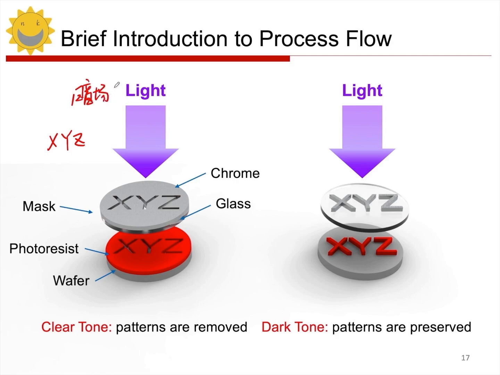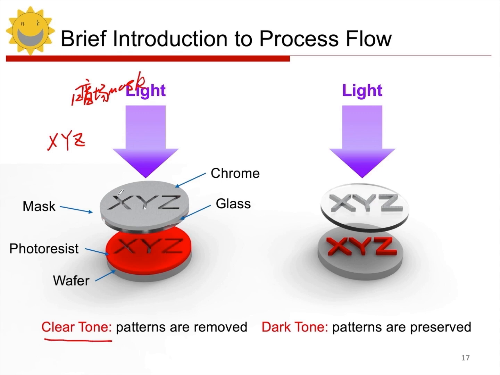The clear tone mask, or dark field mask, is completely opaque, with only a small number of hollow patterns that allow light to pass through. For this type of mask processing, we refer to the layer of the mask as clear tone. Since these positions are hollow, if I shine light from above the mask, the light can pass through these hollow areas, right? Below, the red area represents the photoresist, which is placed on the wafer. This means that only the hollow positions can receive light exposure, allowing for the corresponding changes to occur in the